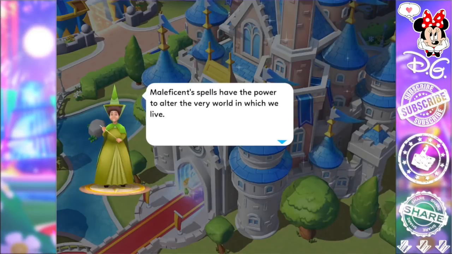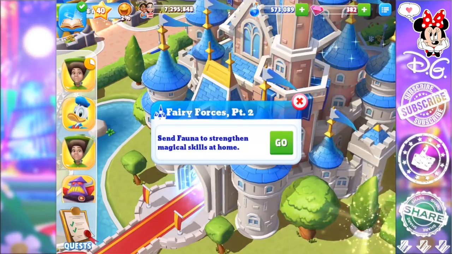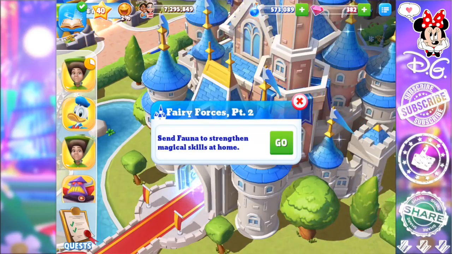And she has a little bit more to say here. Maleficent spells have the power to alter the very world in which we live. I will need to strengthen my power if we are to stand a chance in the coming battles. So we need to level her up? Just a guess? Fairy Forces Part 2. Send Fauna to strengthen magical skills at home. Okay, so in order for her to do that...